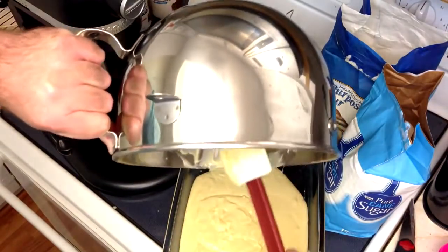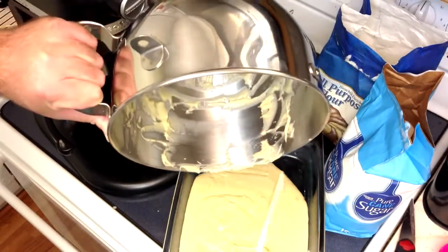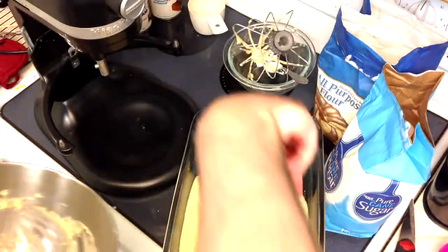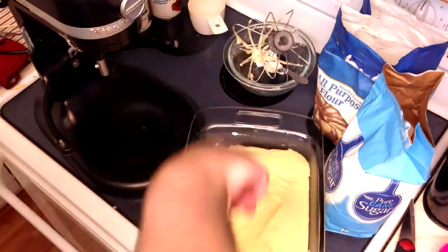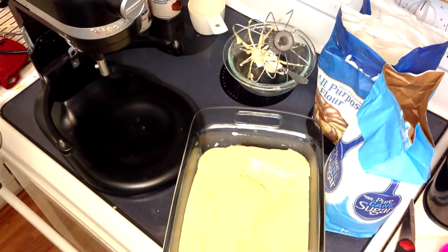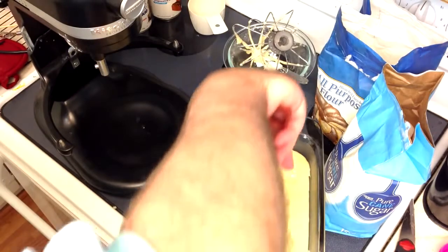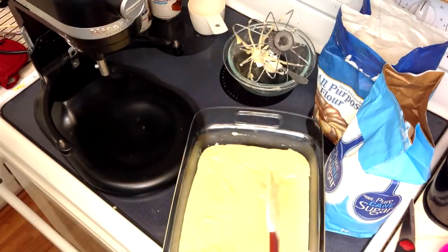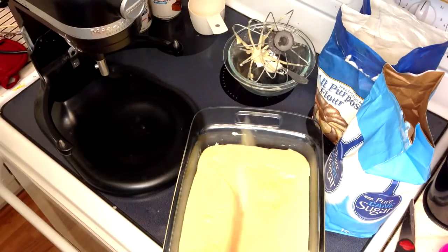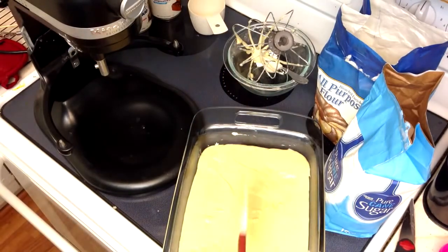Now, I know my oven runs just a little bit hot. I'm going to set mine for 28 minutes, but it's going to be right in the half-hour range. Feel free to check it manually with a toothpick, no matter what temp or baking pan you're using. You just want to stick a toothpick in the center of the cake and make sure that it comes back completely clean. Should have a very, very light golden brown on the top when it's done. You don't want, like I said, any kind of